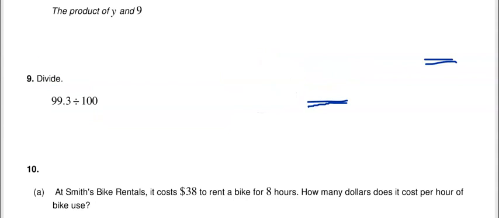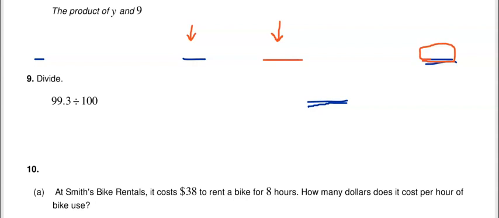Okay, number 10, we're going to look at A. It says, at Smith's Bike Rental, it costs $38 to rent a bike for 8 hours. Now, here's the big kicker. Make sure that we're looking at what they're wanting to know. It says, how many dollars does it cost per hour? So we want to get the hours down to 1. We're not trying to get the dollars down to 1. Okay, so it's per hour, which means we're going to divide both of these numbers by 8 to get the